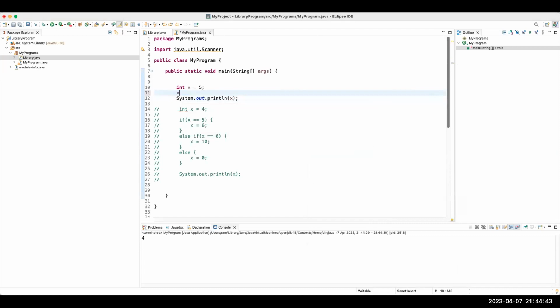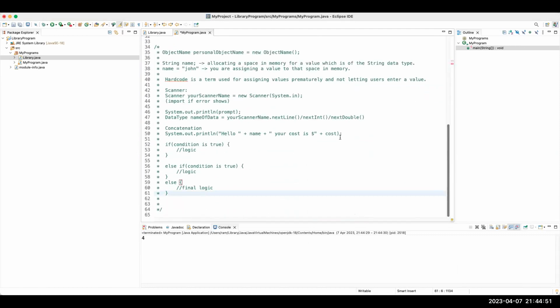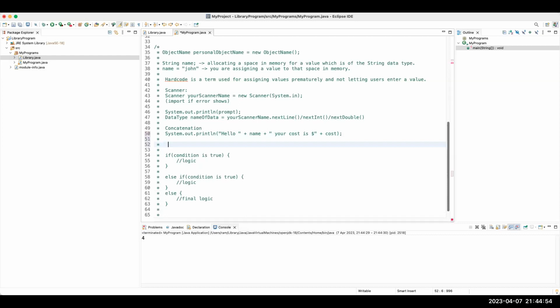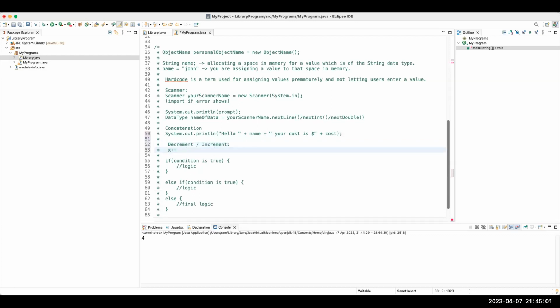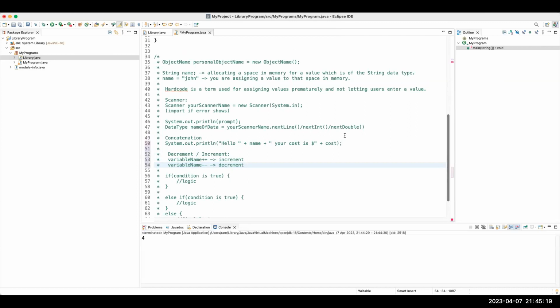And of course, I'll put that down here before this if else topic. I'll say decrement / increment. x plus plus, or variable name, whatever you want to call it. Variable name plus plus, this is increment. Variable name minus minus, this is decrement. Specifically, these are called post